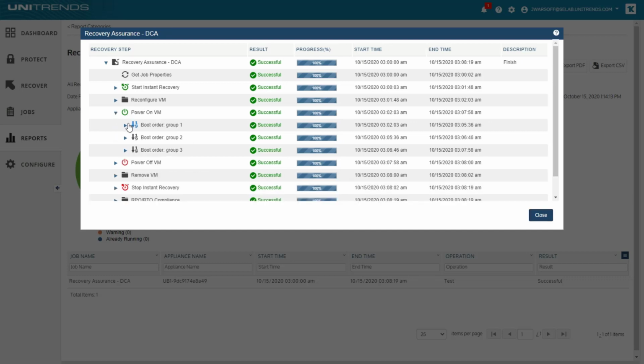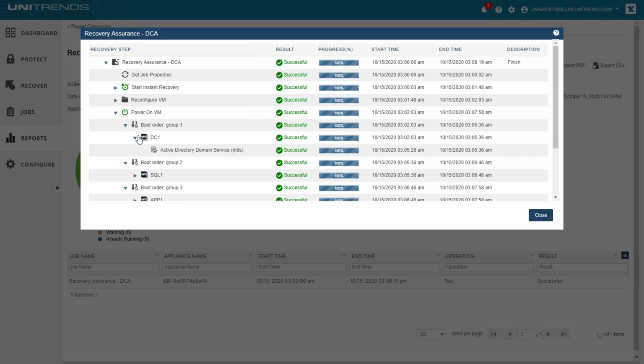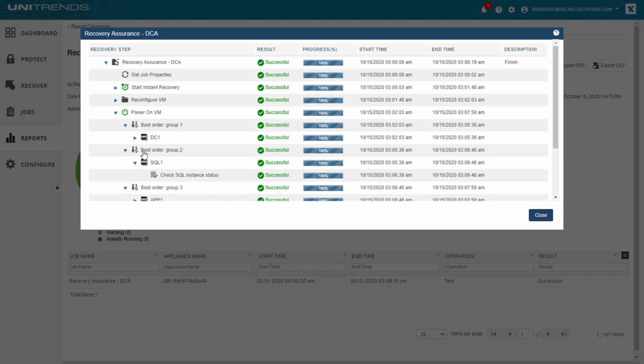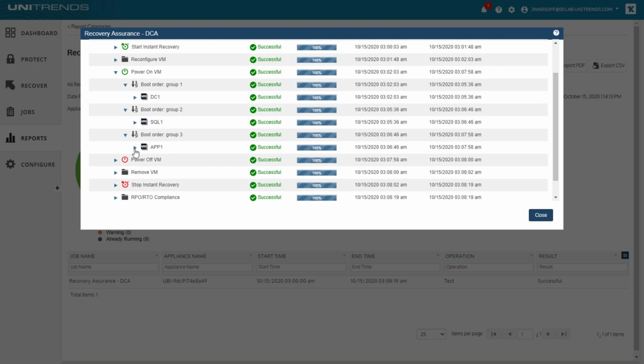So here I can see I'm powering on 3 different groups of VMs. I'm testing different applications on each of them. Here's my DC server, testing that NTDS is running. SQL, I'm going to check for the specific SQL instance. I can even run a query against it if I'd like. And then my application server, making sure that it's working, that both are authenticating and the application's actually able to